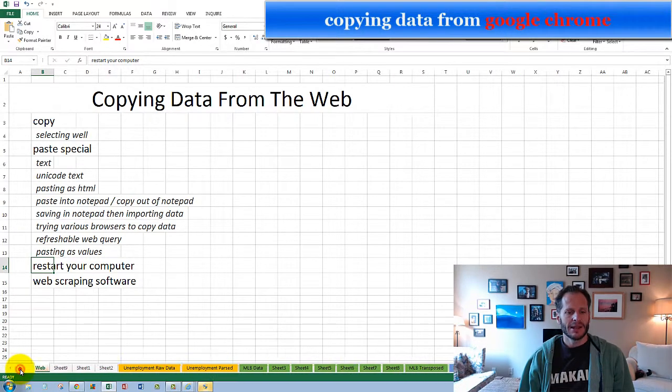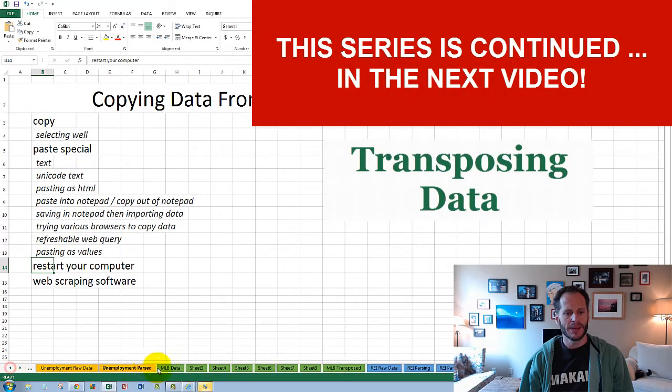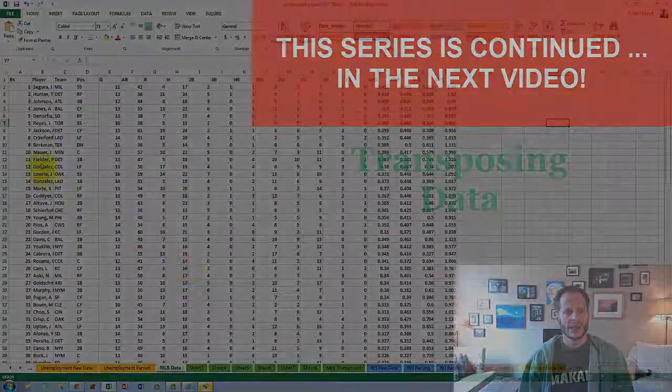All right, so that's bringing in the MLB data. And then one cool thing that you can do with that is once I have the MLB data into my worksheet, let's say instead of having